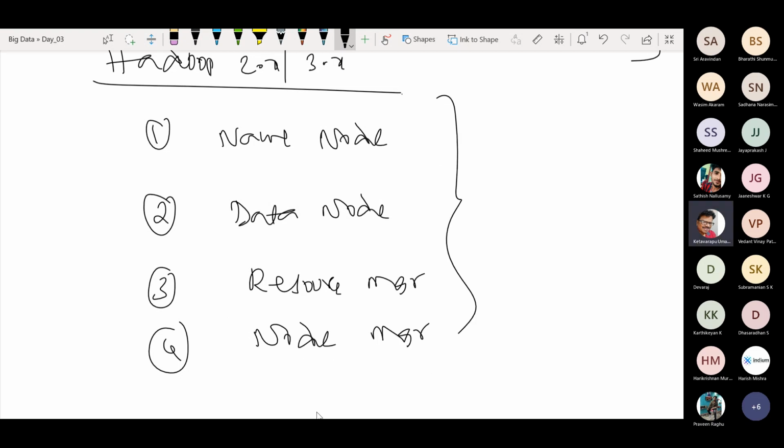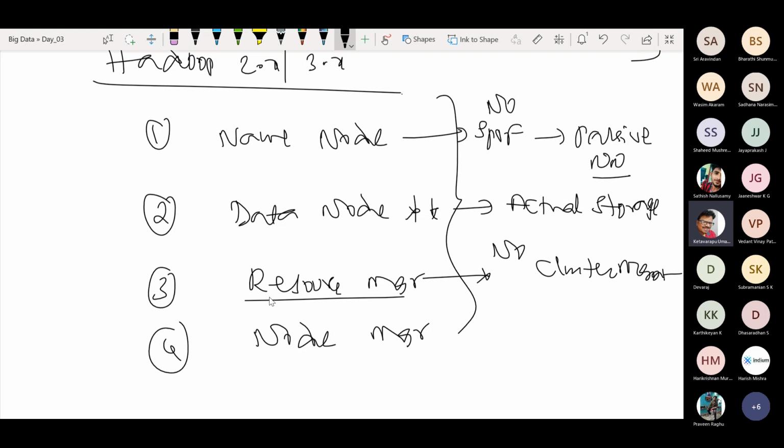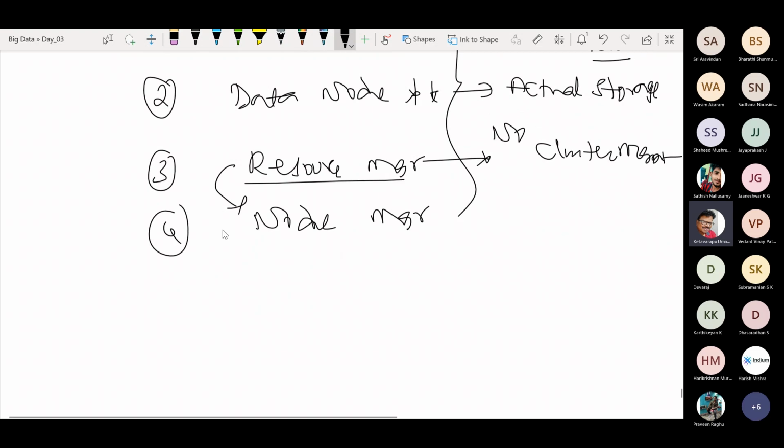Okay, this is fine. Now there is no single point of failure. The reason is I'm having the passive name node. The data node has absolutely the same functionality, the actual storage. Your resource manager has nothing to do with cluster management. Clearly, how they have defined it is, your resource manager is to monitor the appropriate mapper and reducer and to take care of the task status updates only. Memory management, everything, is taken care of by the cluster manager,